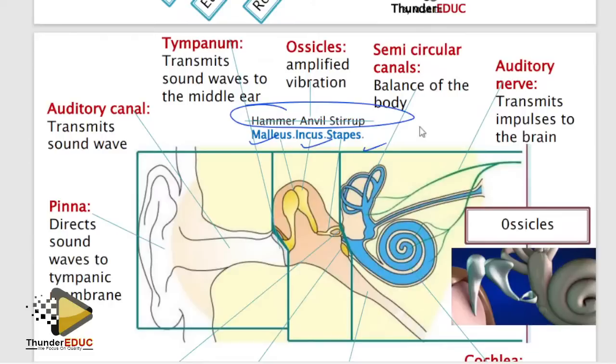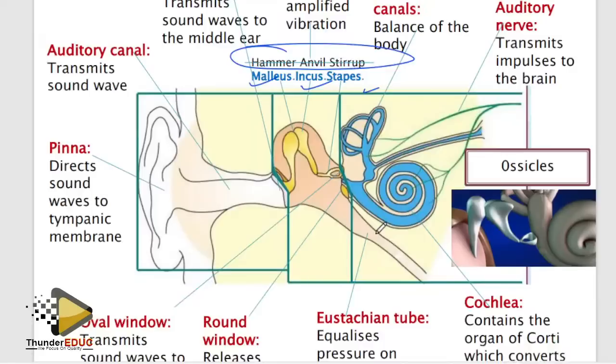Yes. So here, guys, know the parts and function. But these three functions, make sure that you know them very well. The first one is the round window. The second one is the eustachian tube. The third one is, who can guess the third one? So make sure that you know the round window, you know the eustachian tube.